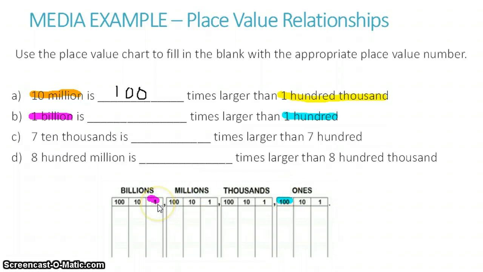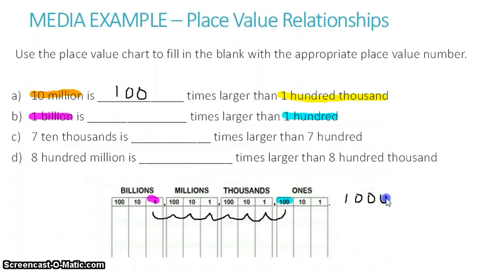Having $1 billion is a lot more than having $100. But let's see how many times as large. So we're going to count the place values. And we're moving 1, 2, 3, 4, 5, 6, 7 place values,